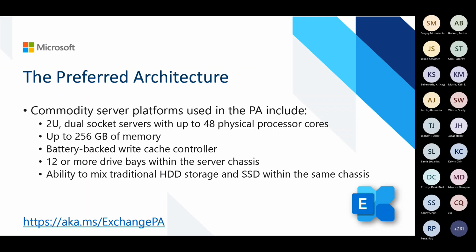But even though we've increased the processor and memory capacity in 2019, our recommendation will still be to scale out rather than scale up. In other words, deploy a larger number of servers with slightly fewer resources per server instead of a smaller number of servers using maximum resources and hosting a very large number of mailboxes. This will help you lessen the impact of planned and unplanned outages,